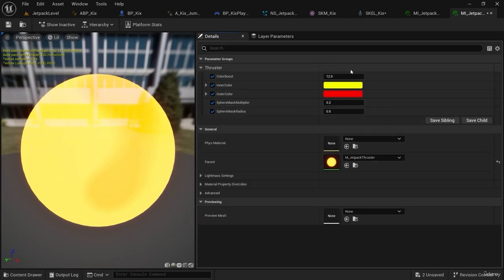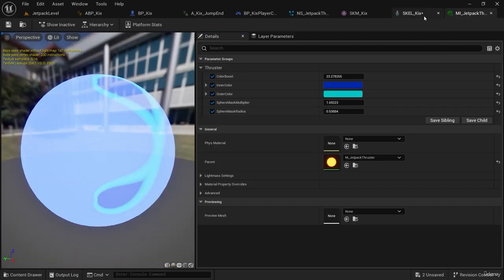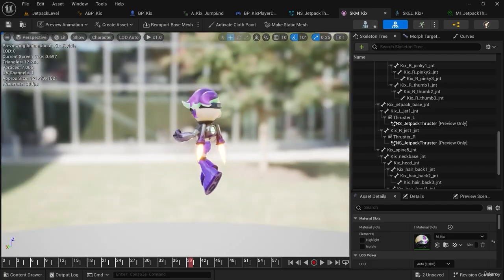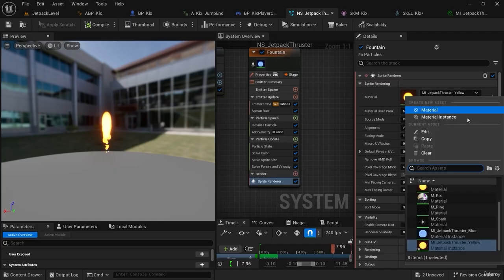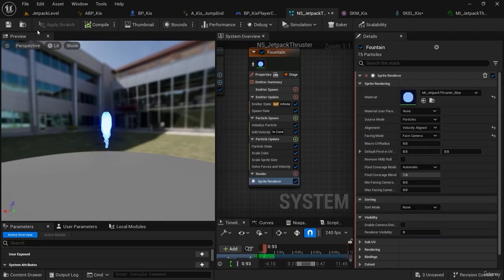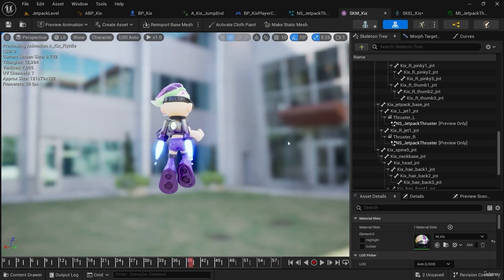So you can make a purple flame or a red flame, and you can play with some of these parameters to make it look different. So I just thought I'd throw that out there. You have options to make that effect look different. You can even duplicate the Niagara system and have multiple versions of it as well. But I'm going to leave it at blue because I like the blue and I think it looks good on